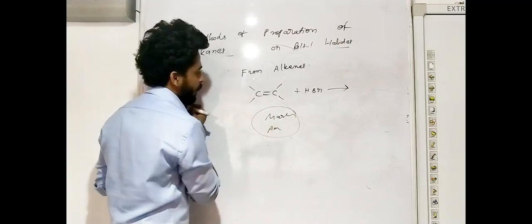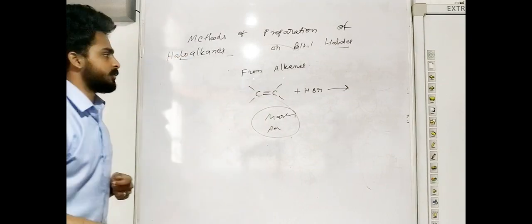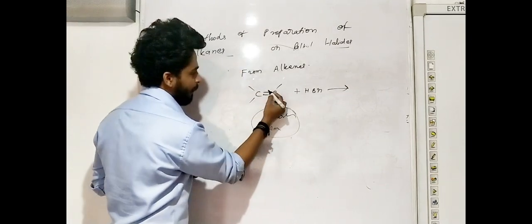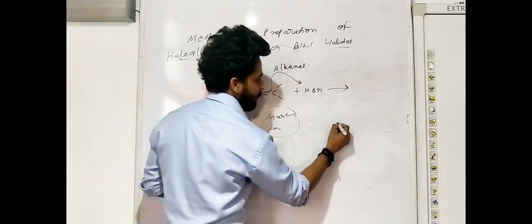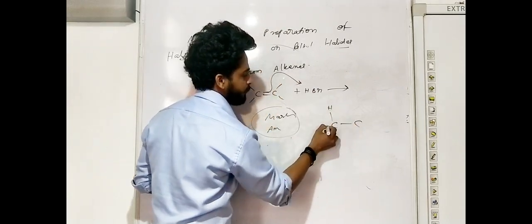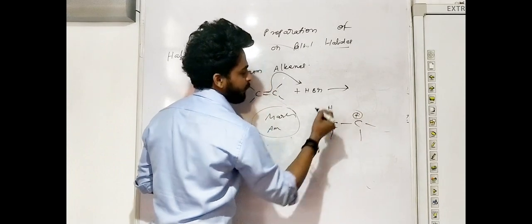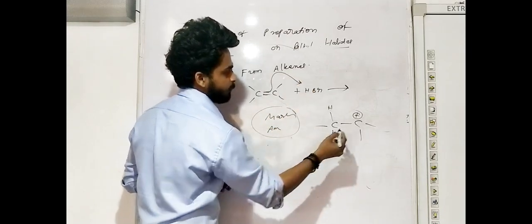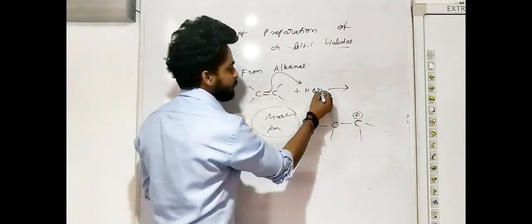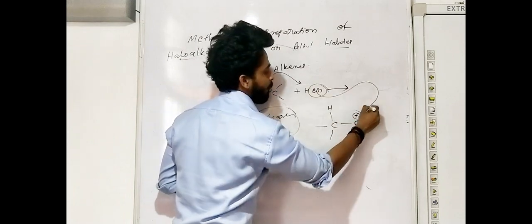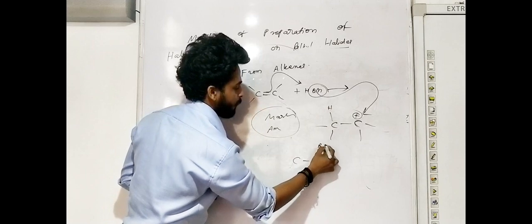Before that, a basic reaction. So this is an alkene. If you are treating this alkene with a concentrated hydrogen acid, what will happen? This double bond will donate its electrons to this H plus to form C–H. Here this carbon will become positively charged, right? Because the double bond has donated its electrons, so this carbon will lose its electrons, leaving a vacant p orbital. So this bromide will come back and react with this carbocation. So we'll get C–Br over here.